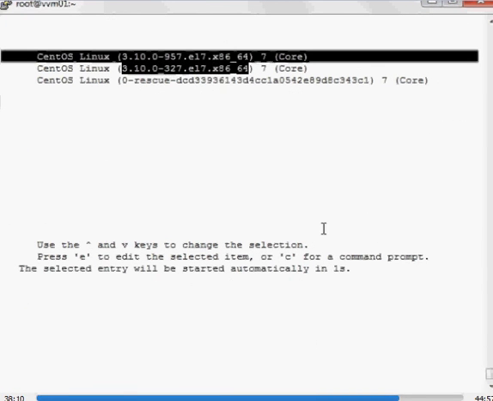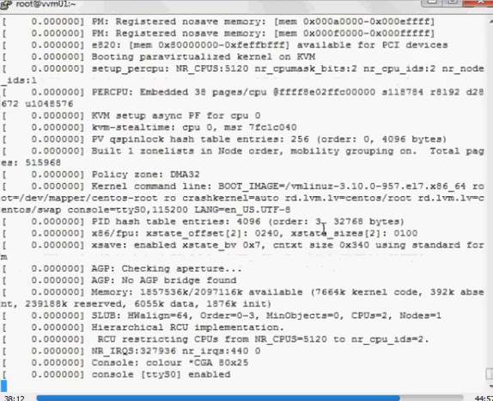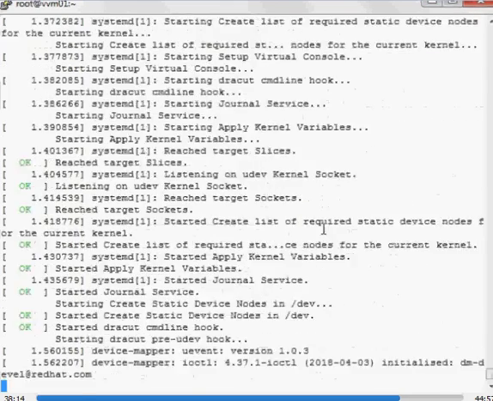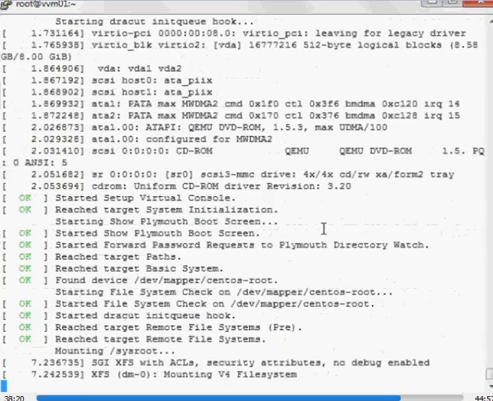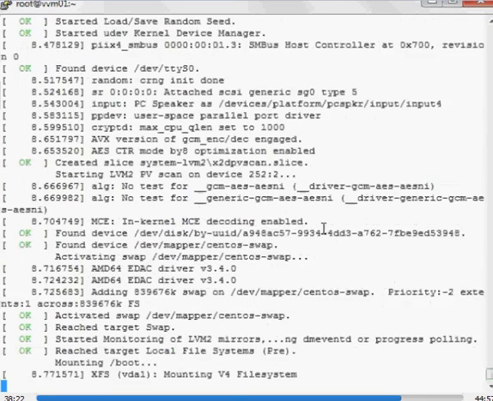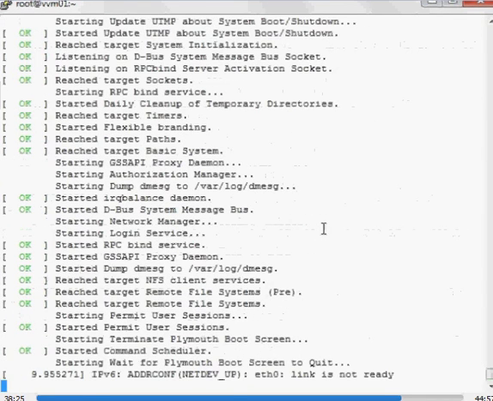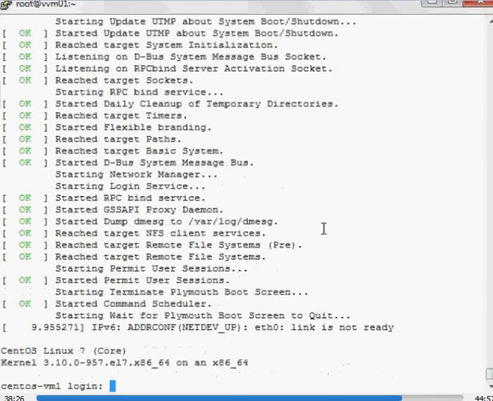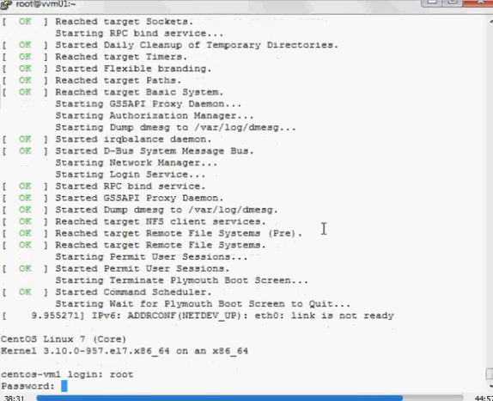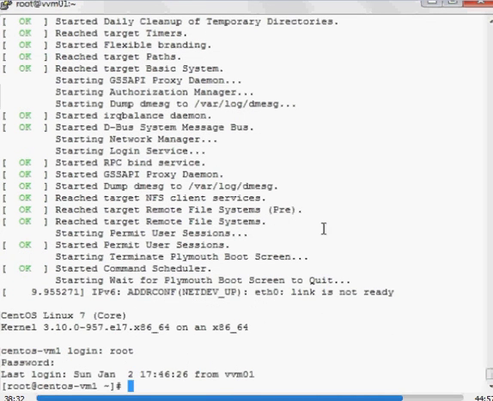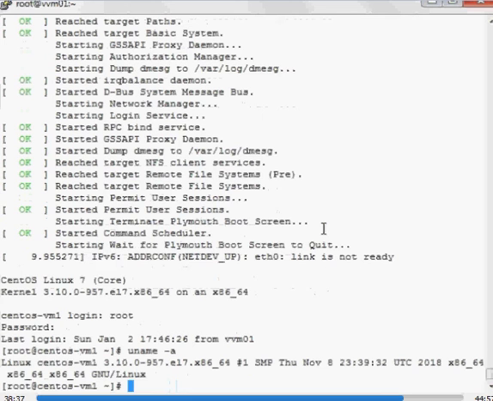Now we will remove the kernel 327. So the server is booted with the 957 kernel.